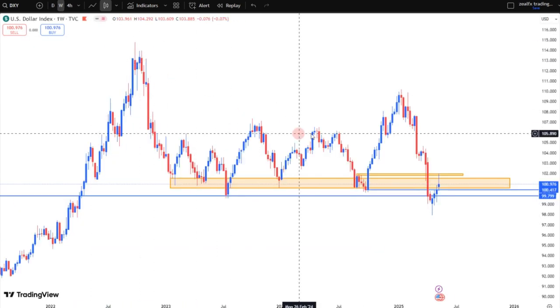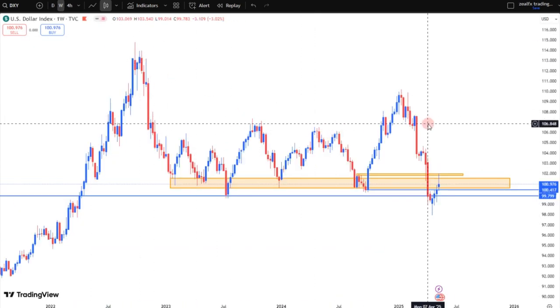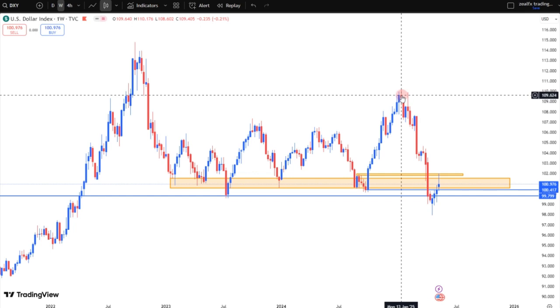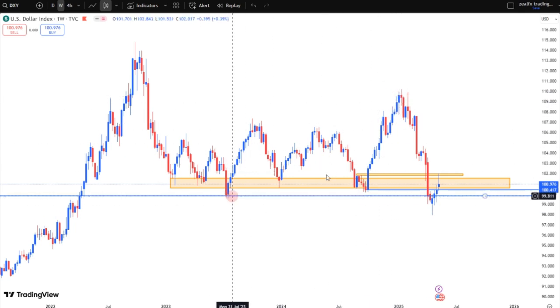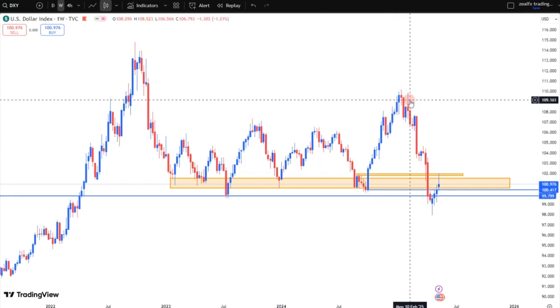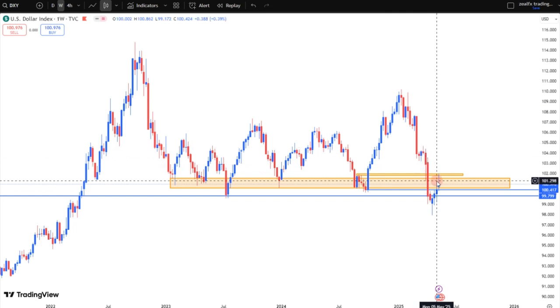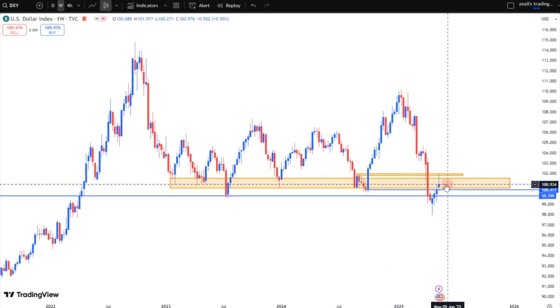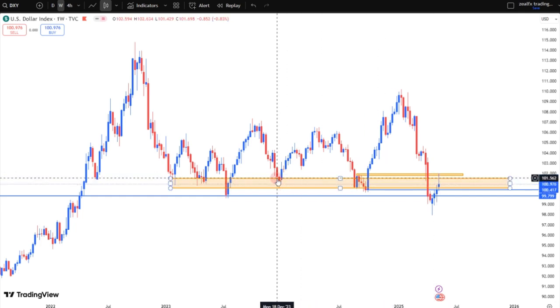On my weekly chart, the dollar index has an inner structure of downtrend. Then we also broke the major level because we have a higher high, a lower high, lower high, lower high. They also have a lower high here now. So long as we have this downtrend inner structure and price closed on this support level,